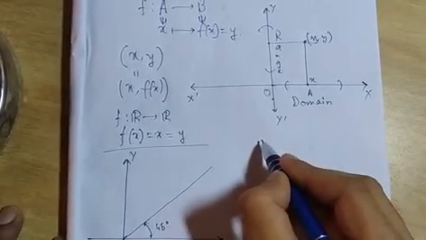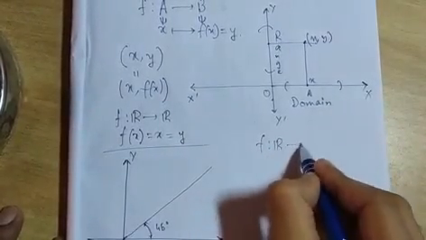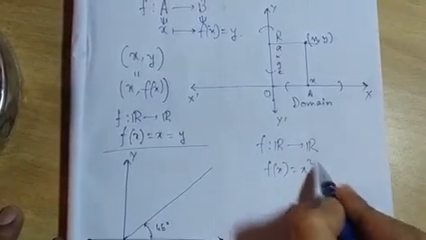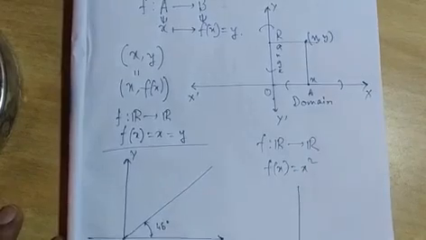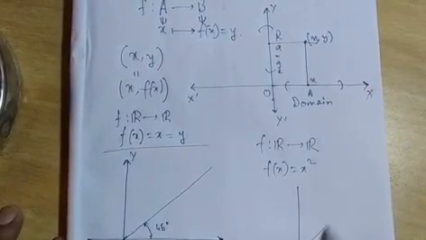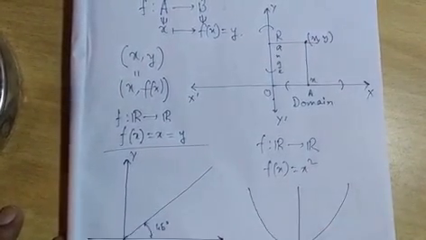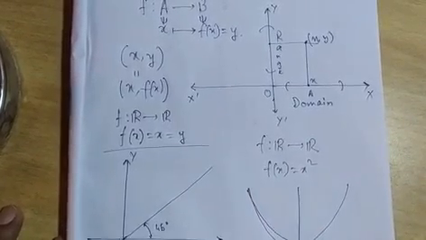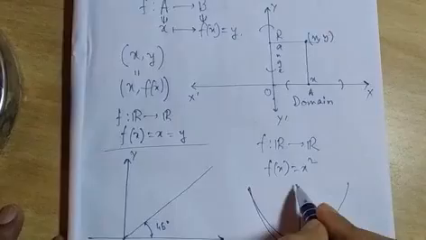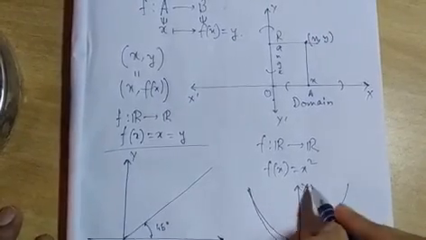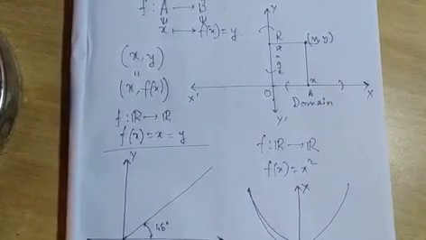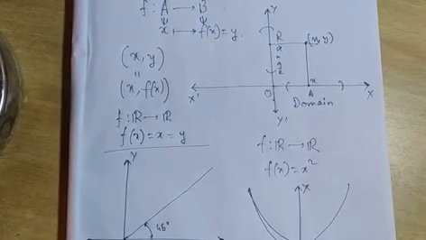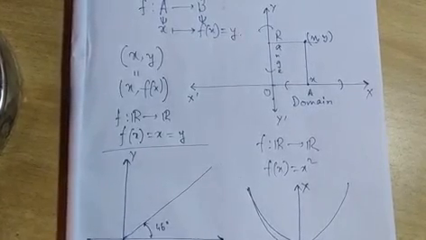So what happens for x squared? We have seen that f(x) = x squared is the parabola that has its vertex at the origin and it is touching the x-axis at the origin. So for various functions we can get various curves or graphs of those functions. So this is the idea.